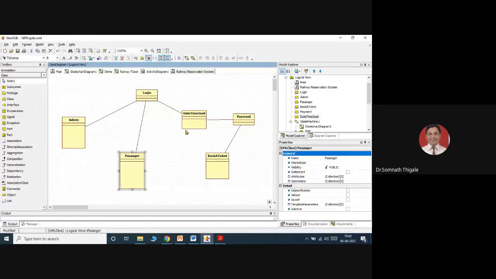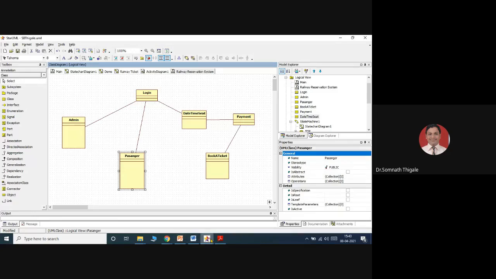So what values has the passenger taken, maybe date, time. Based on that, the availability of the seats is going to change, and based on that the payment values will be decided. So this is one: accurate date, time and number of seats. While I am going to book a ticket, the date, time and seats will play a major role, and based on what the passenger selects out of the availability, the payment will be decided.